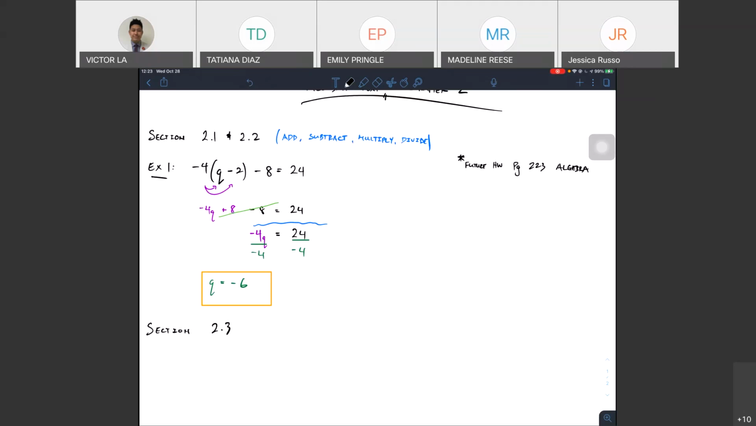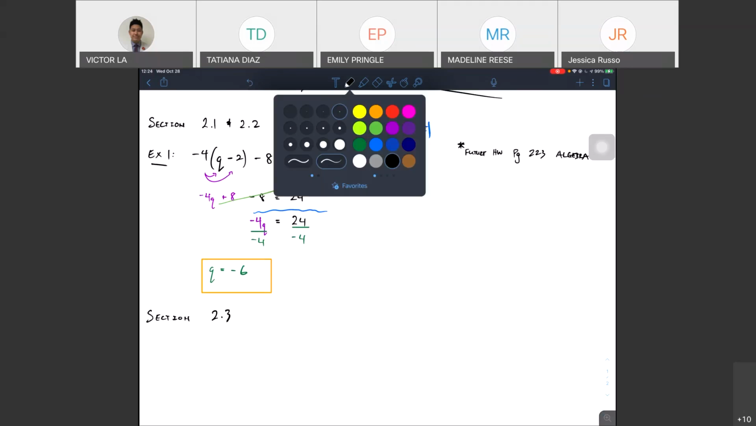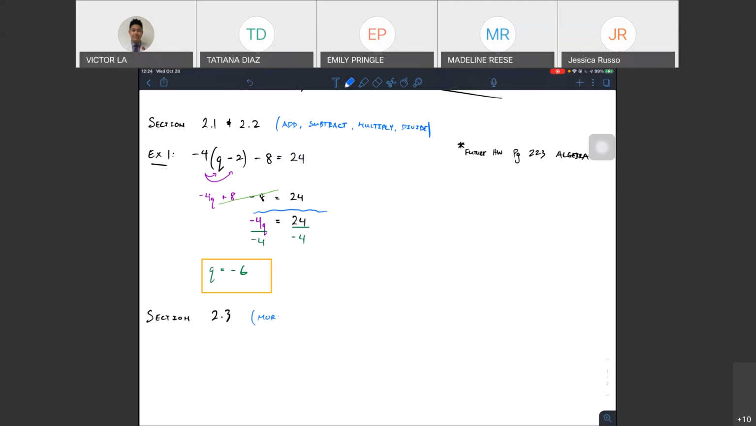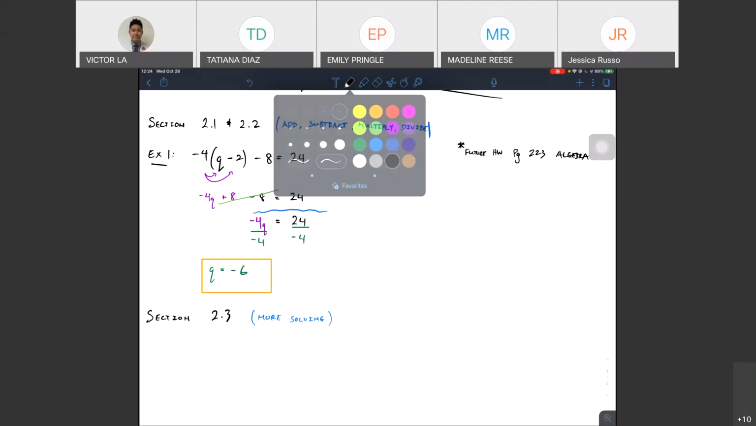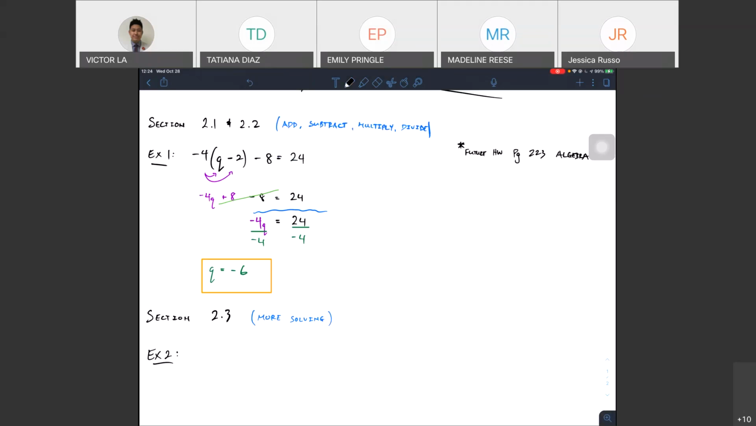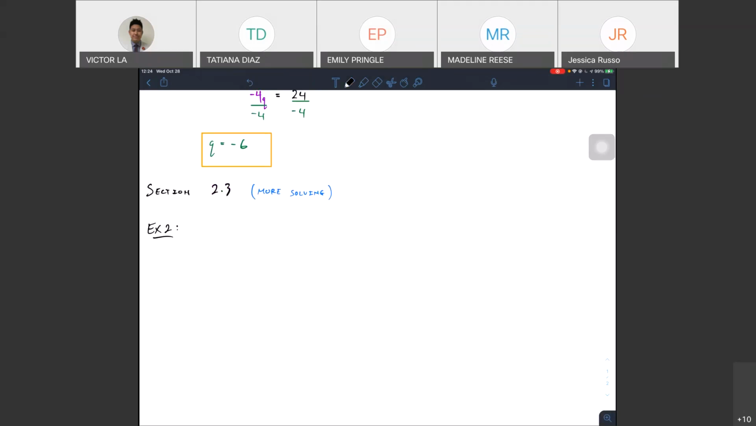So the hardest one I see is fraction and decimal. This one has to do with, I'll even write it here, more solving. Then what happens is you've got example 2. I'm going to scroll up just a little bit right there, and you can see something like, where's the problem? There you go. They'll tell you to solve